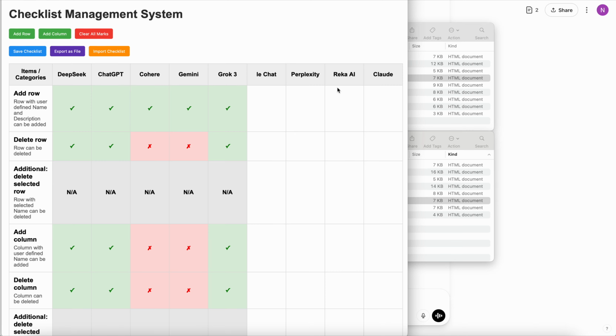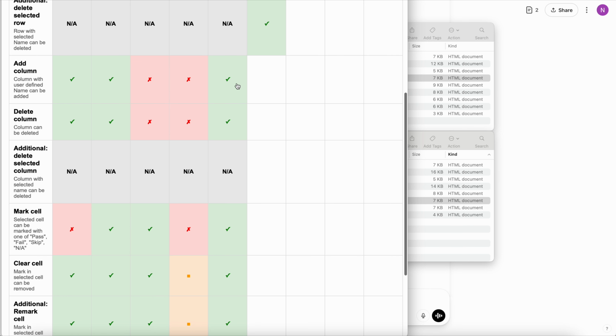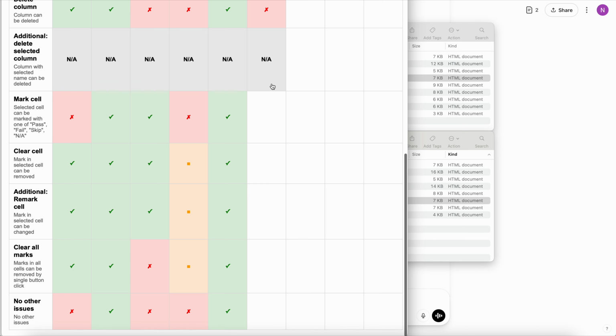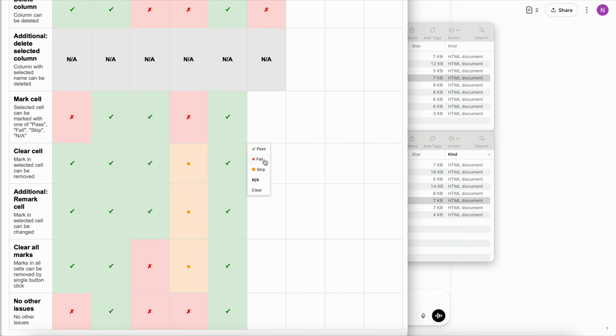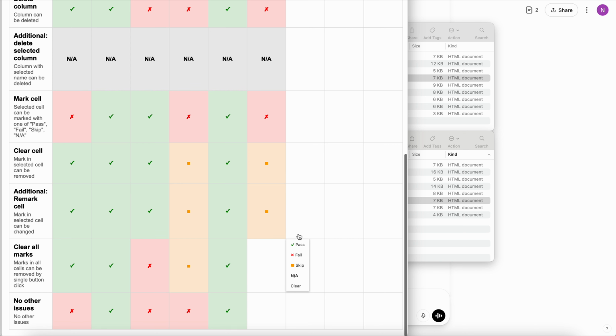So on. Okay, let's check. Add row, delete row, delete specific row. Yes. Column, yes, no, NA. Cell, okay. I can't mark cell. I don't know what was clear. I don't know what was remark. I don't know. Clear all